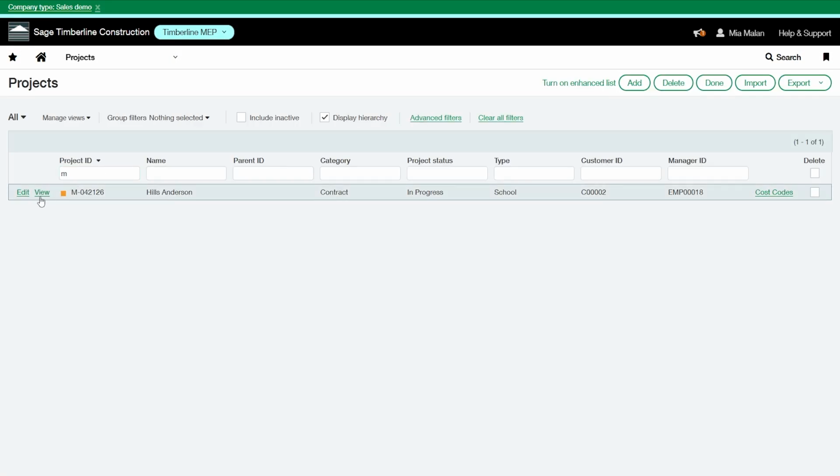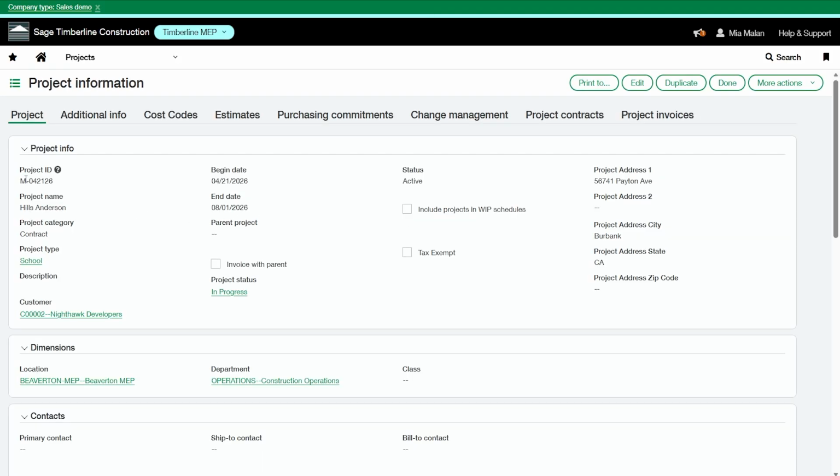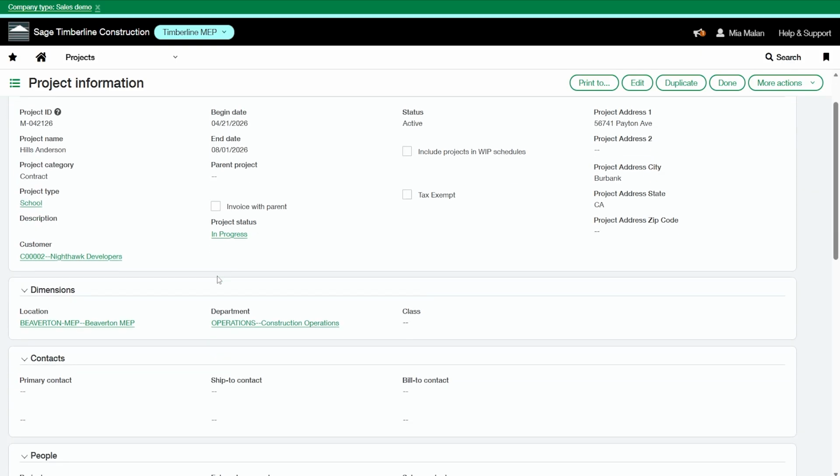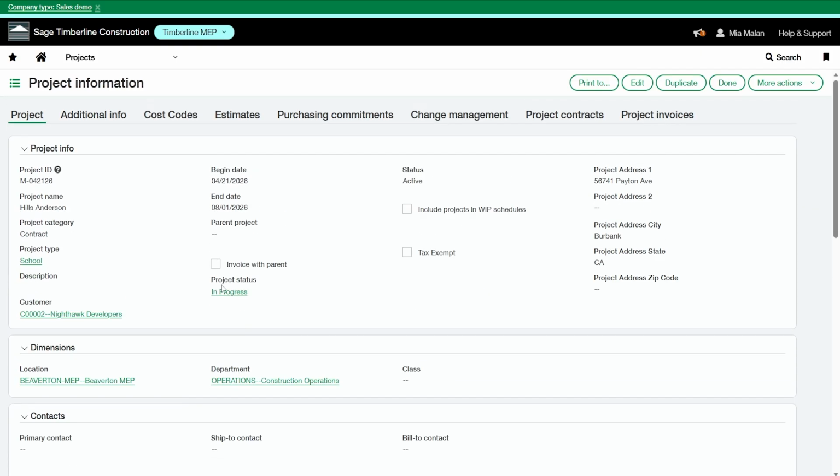Now, if I search my project, I will find that. Here was the project ID I entered, the name, the project category, my project type. I didn't add a description. I have my customer, begin and end date. No parent project was selected since this is the parent. Here's my project status. It automatically updated the status that I didn't fill into active.